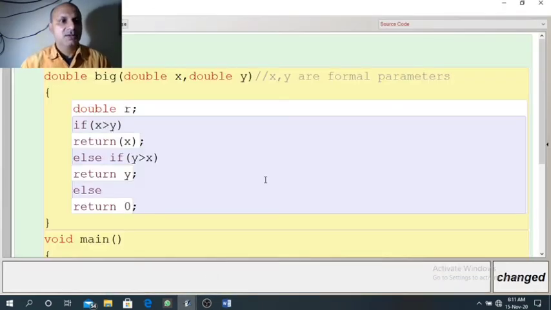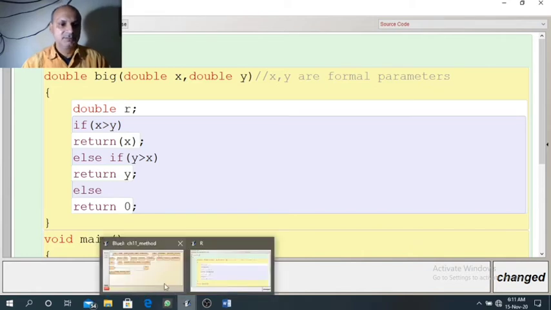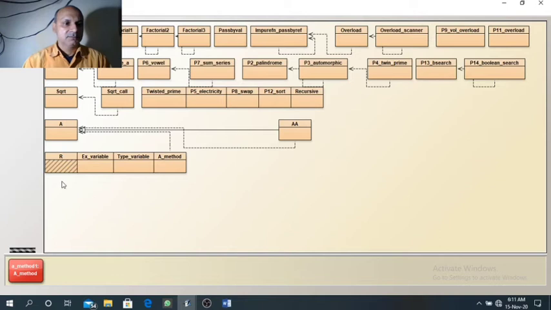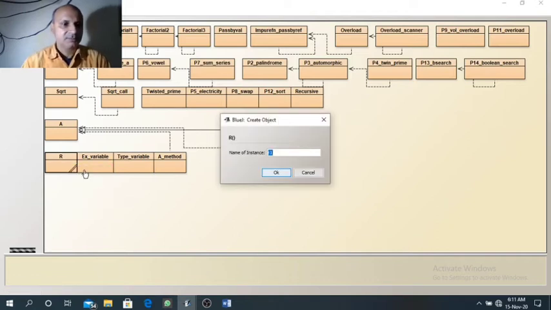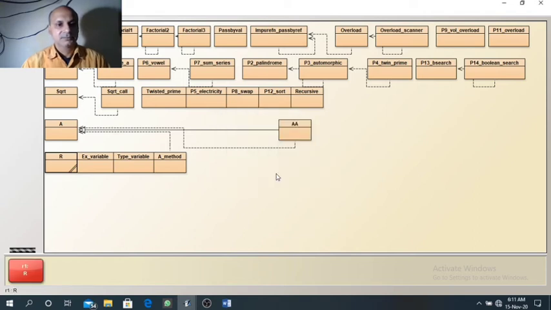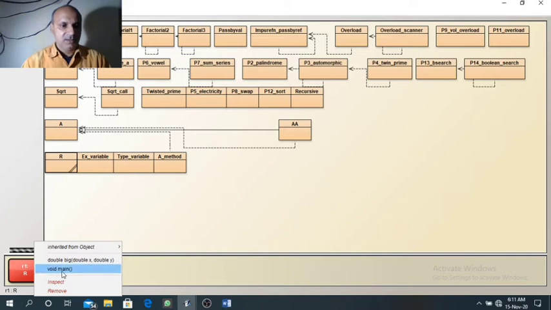Yes, we need to execute class R. So we will create an object of class R. Now through the object, we can run main also and we can run big also. Here, the object provides both facilities.